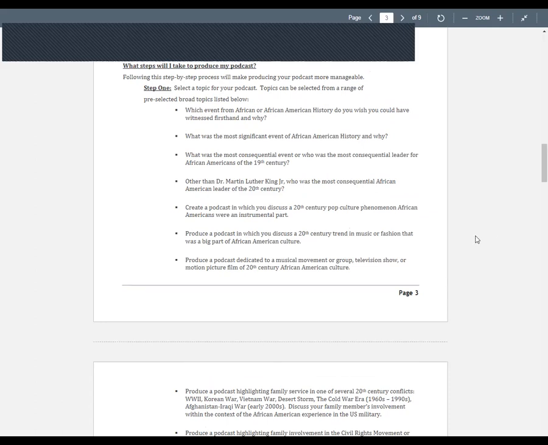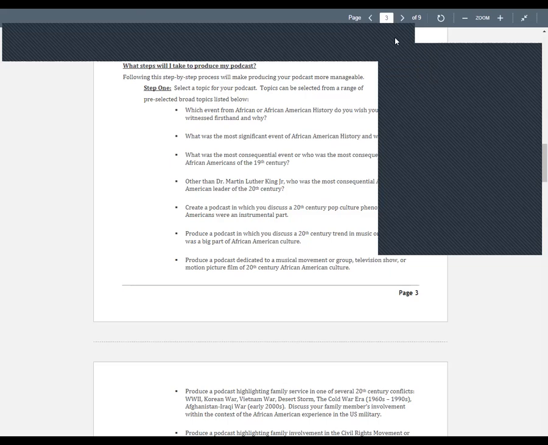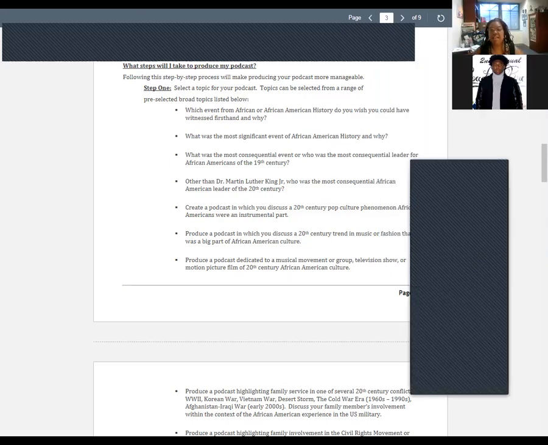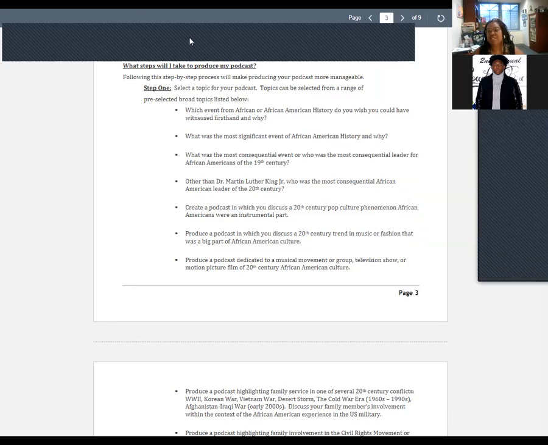produce your podcast. So step one, which frankly, in my opinion, is probably the hardest step, next to doing the research context essay, which I'll get into in just a minute. But in my opinion, deciding what topic you want to do might actually be the hardest thing for some of you, because it's a matter of narrowing down what your interest or interests are, okay?